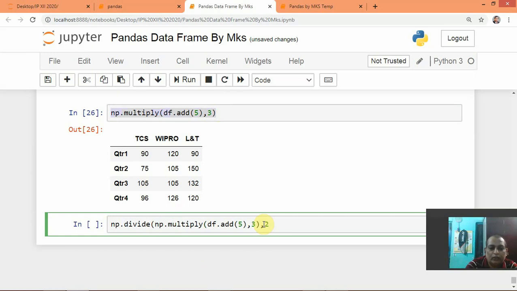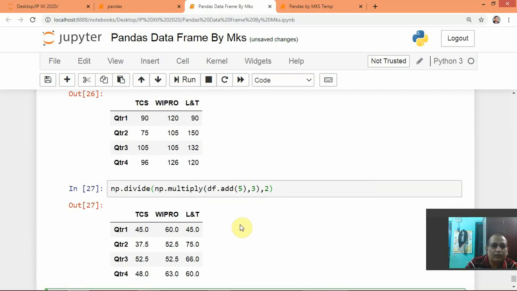Means I want to make this 90 as 45, 120 as 60. So what I am doing? I am dividing each element by 2. So the inner function will increase it by 5, then multiply will make it 3 times, and then divide will reduce it by half. So run and see.